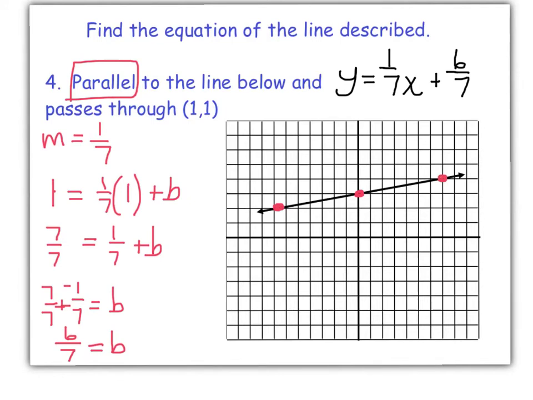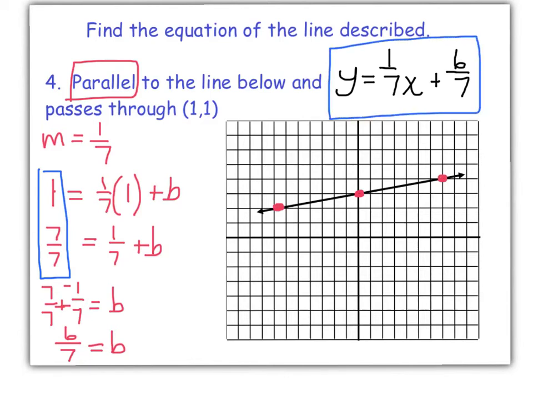All right, let's see how you did. You should have gotten a parallel line, which means we keep the slope. The slope was run 7 and rise 1. We multiplied that by 1, and you got 1/7. And I changed the 1 to 7 over 7 because that is still a whole, and I can use that with my fraction. So then I added the negative 1/7 to both sides, and it gave me 6/7 is equal to b. So my new equation has the same slope because it's parallel, and it's y equals 1/7 x plus